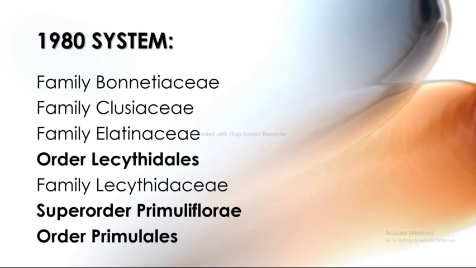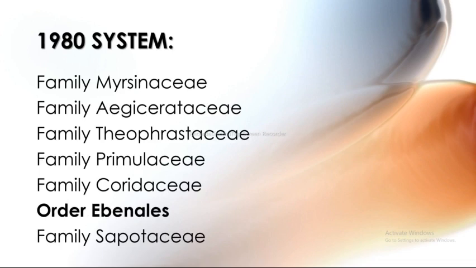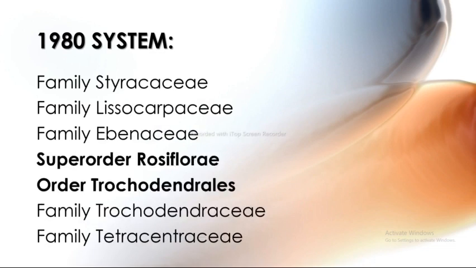And next superorder is the Primuliflorae. It includes the order Primulales, and it includes the families Myrsinaceae, Aegicerataceae, and the next is Theophrastaceae, Primulaceae, Coridaceae, and the next order is Ebenales. It includes family Sapotaceae, and the next family is the Styracaceae, Lissocarpaceae, and Ebenaceae. Next superorder is the Rosiflorae, and it includes the order Trochodendrales, and it includes the family Trochodendraceae,